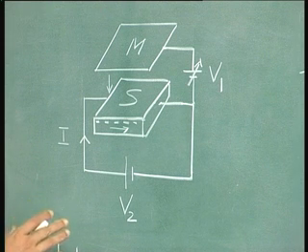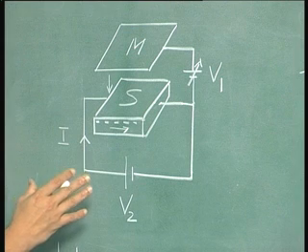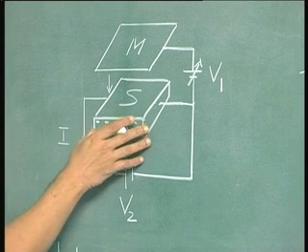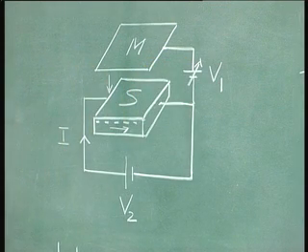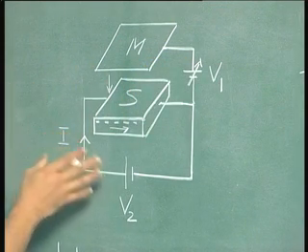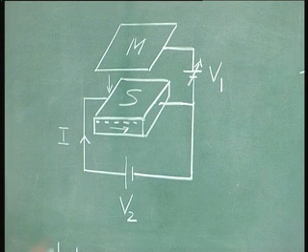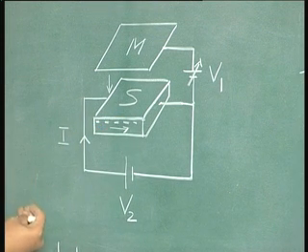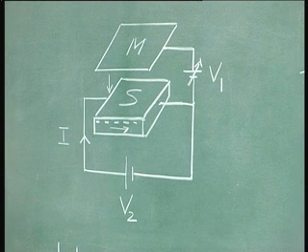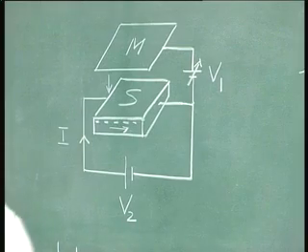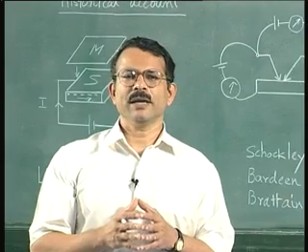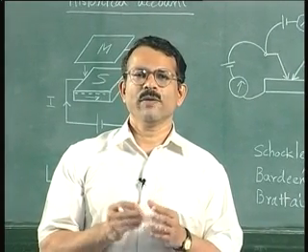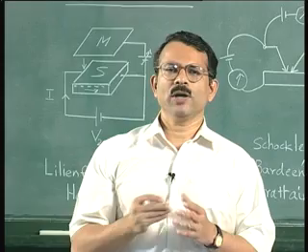How this is to be used for amplification is a separate topic, but what we want to show here is how a current can be controlled by a transverse electric field, which is what happens in a vacuum tube triode, and how a similar concept can be realized in a solid state. Solid state means a semiconductor is a solid. That is why this is called a solid state device as against a vacuum tube device, which is created in a glass tube which has vacuum. So please read up a little bit on the vacuum tube to understand how the vacuum tube triode works. That is beyond the scope of this particular course.